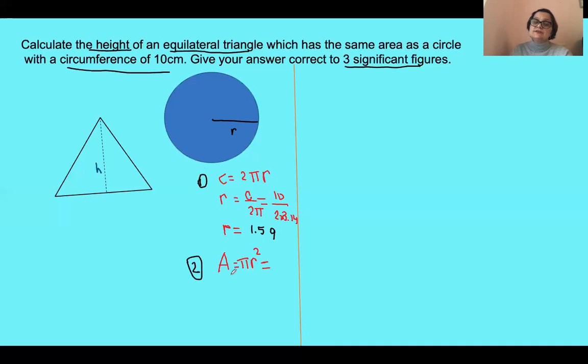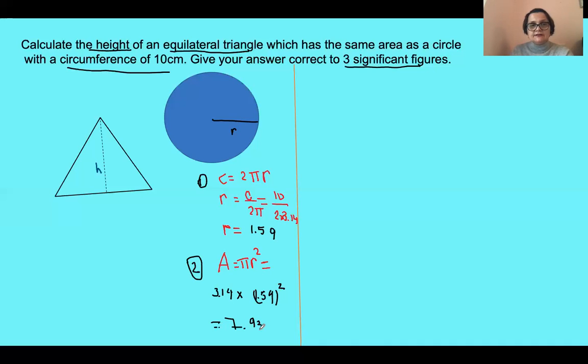The formula of the circle is A equals pi r squared. And then it's going to be 3.14 times r squared, which is 1.59 to the power of 2. And using BODMAS, we need to do the power first. So 1.59 to the power of 2 is going to be 2.5281 times 3.14, and the answer is going to be